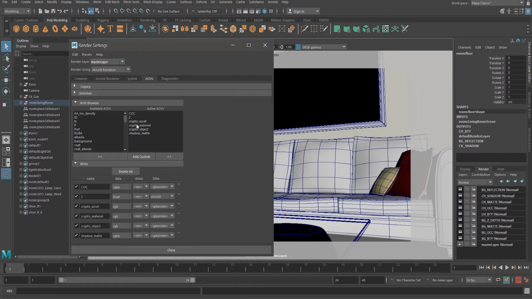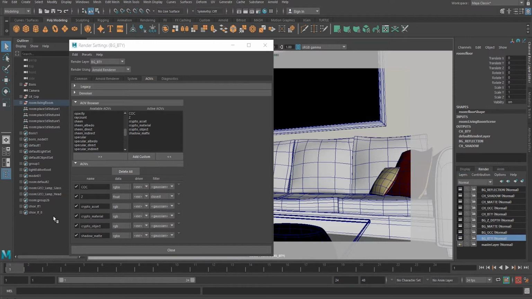A few we have created. Now I need to create a few more. I will be creating only those that we need in each and every project, the mostly used AOVs. Also, I'll be showing you the different AOVs, what they are and what they look like. And after that, I will keep these AOVs only in those layers that they need to come with.